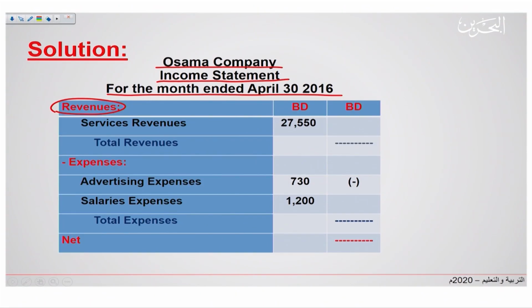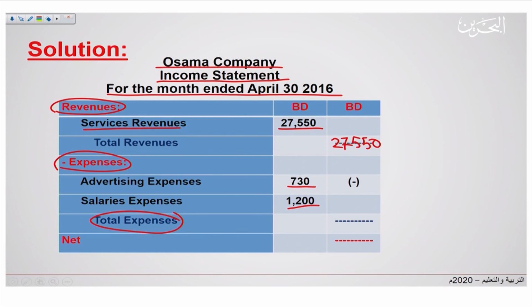We started with the revenues. We have service revenue and the amount 27,550. And the total revenues, we will write it here because we only have one revenue. Then we are going to list our expenses, which are advertising expense and salaries expense, and we have to take the amounts from the previous table. We will add them here and we will calculate the total, which is